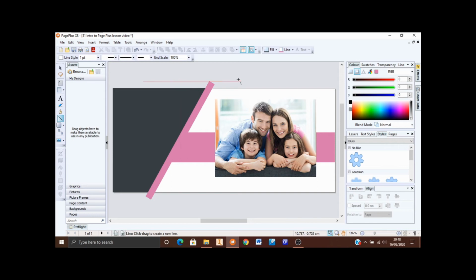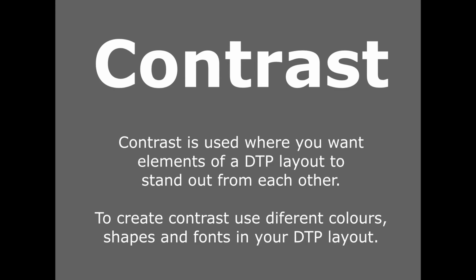Okay, you'll notice that what we've done is we've created this grey shape, which is quite a dark colour, and then this purple line and purple shape, quite a light colour. This helps to balance this layout out, because we've got the image here which gives it a bit of weight on this side, and then this dark image gives it a lot of weight on this side. Also, you'll see there's quite a lot of contrast, so these colours are very different from each other. And this is called contrast, and we can use contrast to really grab people's attention to a desktop published layout